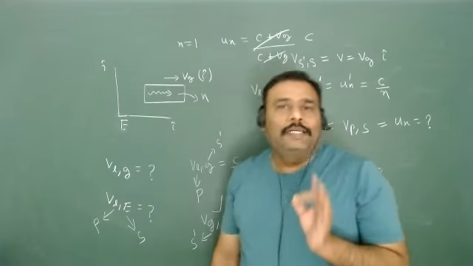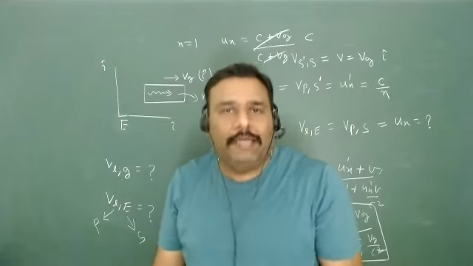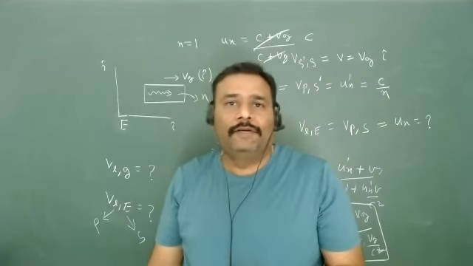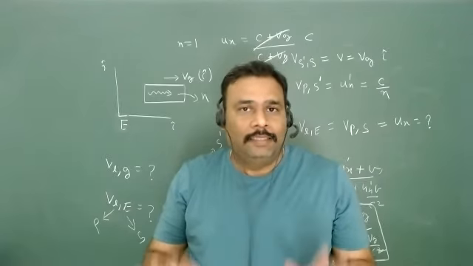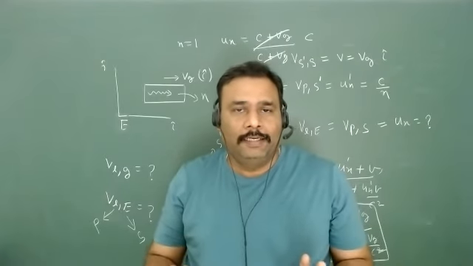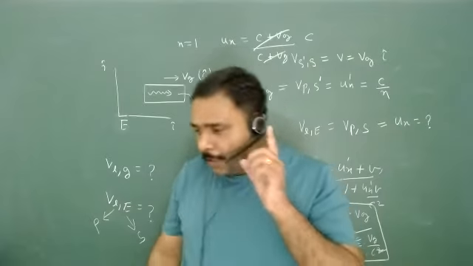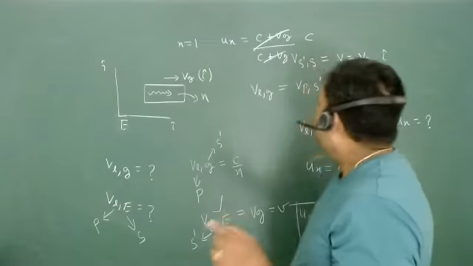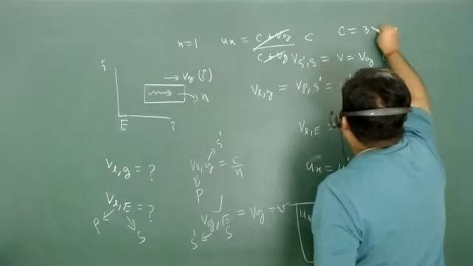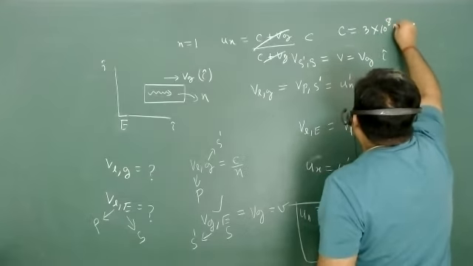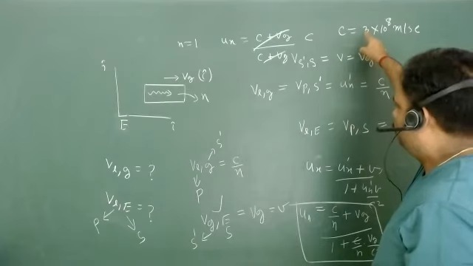So what is the postulate? The postulate is all about the speed of light being invariant in an inertial frame, and that should be in vacuum. That should be vacuum. Then only will the speed of light remain invariant. So I am always saying to you that this number is very important. This C is 3 into 10 to the power 8 meter per second. This number is very important.